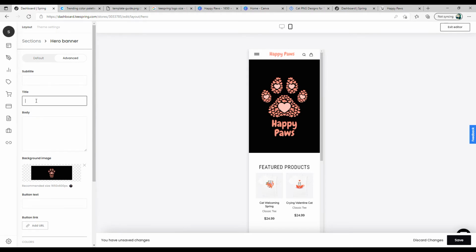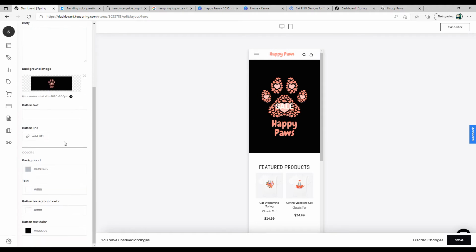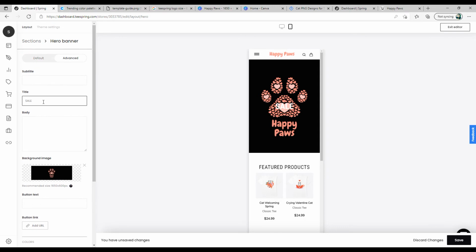If I want to have some kind of overlay, in that particular case I can go and add a title. In this case, let's say there is a sale, I'm going to add sale, then this is going to show up here. Also you can add or customize the background of this particular area. In this case, since we already have an image, I'm not going to do that, and I am going to just remove this particular title.